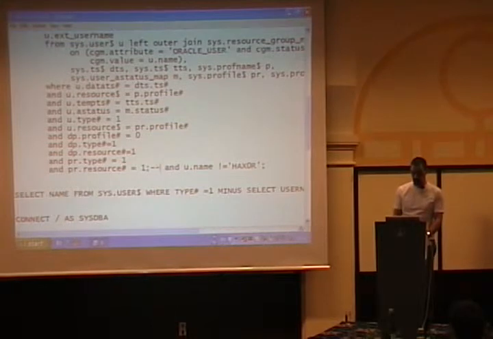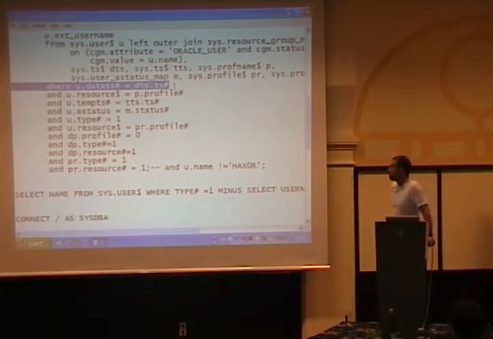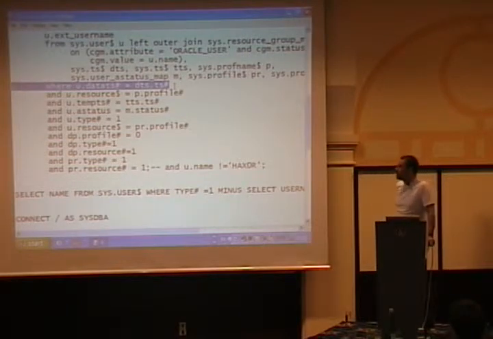So for example, if we look at this row here, where u.datats# is the same as dts.ts#. That's essentially looking at the default tablespace and everything like that. Well, if we choose a tablespace that doesn't exist